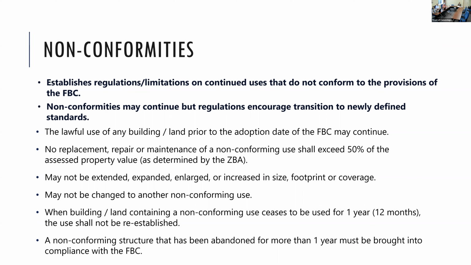If a property is not used for 1 year, a non-conforming use cannot be reestablished. And if a non-conforming structure has not been used for more than a year, it must be brought into compliance with the form-based code. So those are the thresholds that will really trigger